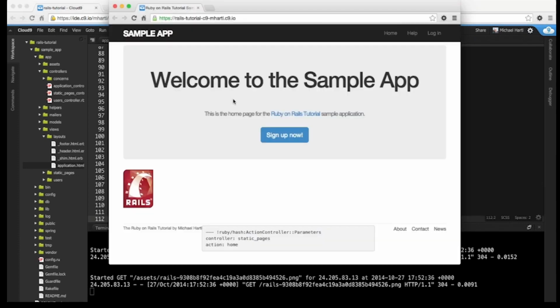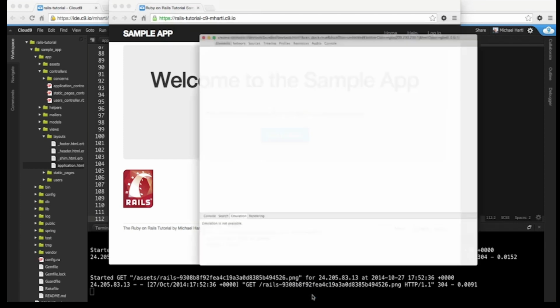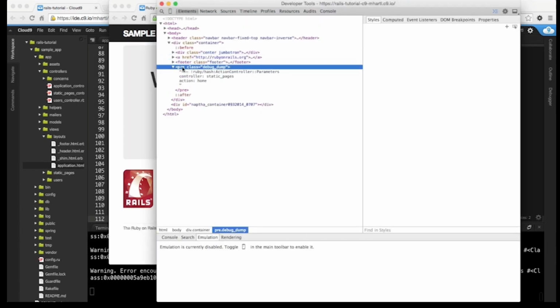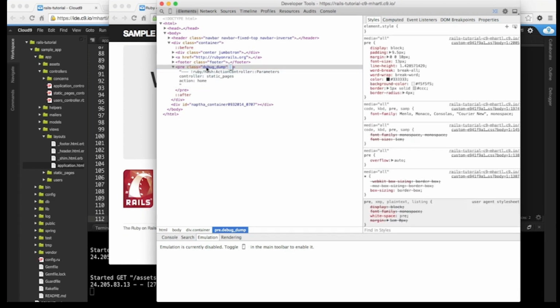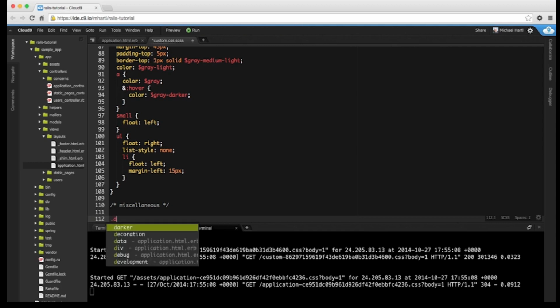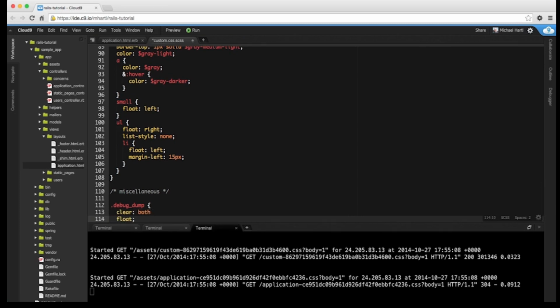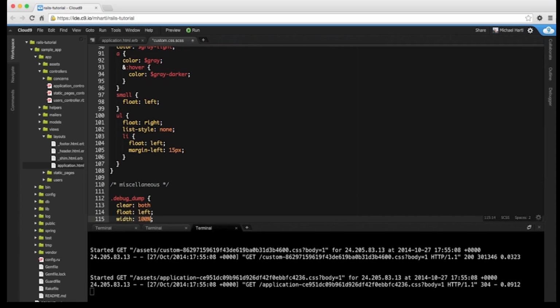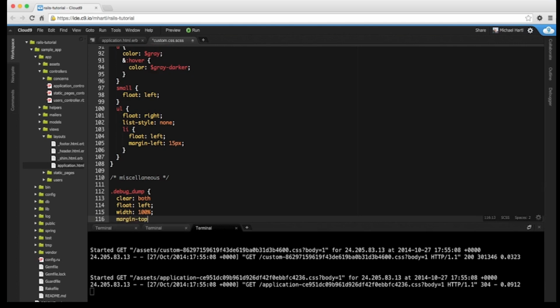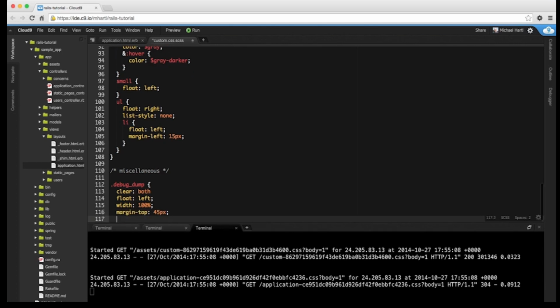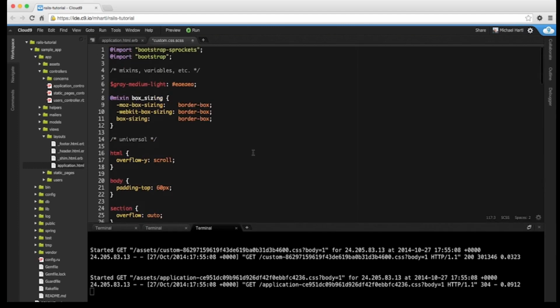And if we look at this thing here, let's take a look at this. We can see that it's a pre-tag, which is pre-formatted text. It's just literally appearing on the page. And you can see the class is debug dump. So what we're going to do is style that class with CSS. And now we're going to include that CSS from the top, this mix-in,